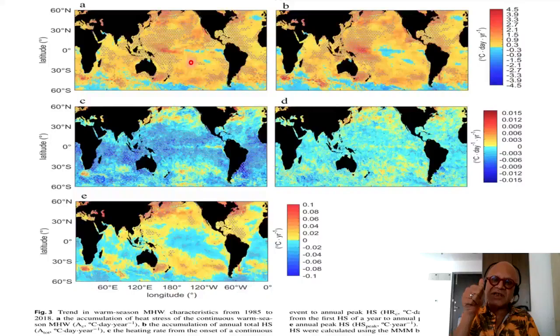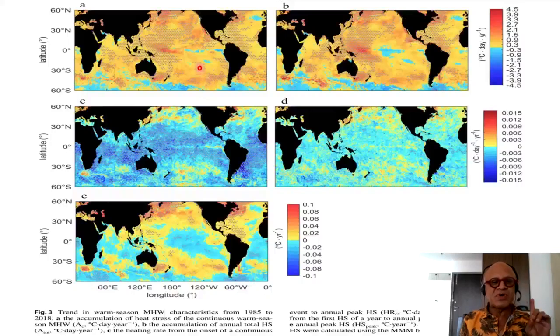So it's not the increase in intensity that's causing these, and it's not the increase in dP that is causing it. It's the increase in DC, the total duration of continuous HS days, that is causing the trends in accumulated heat stress. Okay, so looking at further details, trend in warm season marine heat wave characteristics from 1985 to 2018 in terms of the accumulation of heat stress of the continuous warm season MHW. So this is the AC in degree C